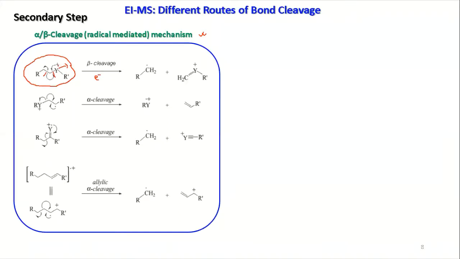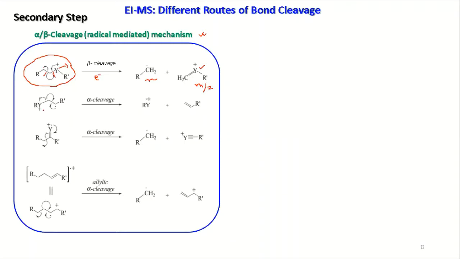Now this will undergo fragmentation. How is the fragmentation happening? You have a radical, so that can play the role, and you can look at this radical falling here. It is initiating, helping to break the beta bond. So you are generating a radical here, you have a double bond here, having a positive charge. That is going to give you the m by z, and this is the neutral one.